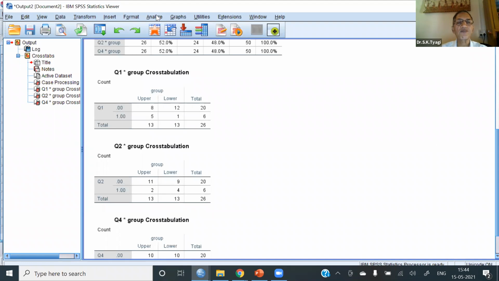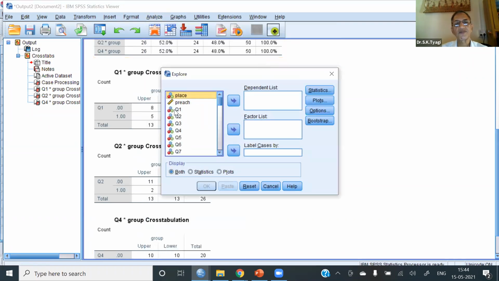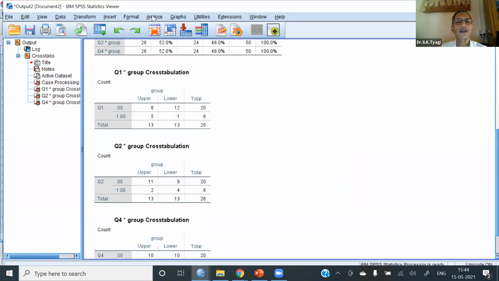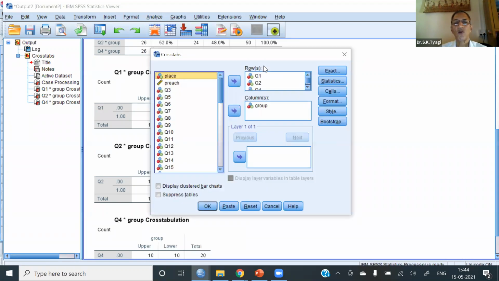Otherwise, if you want to calculate for every one of the 50, you select all these 50. It will be a bigger table, very difficult to fit in the PPT. Therefore, I chose a small number. All 50 are selected. Analyze, Descriptive Statistics, Crosstabs. Reset.